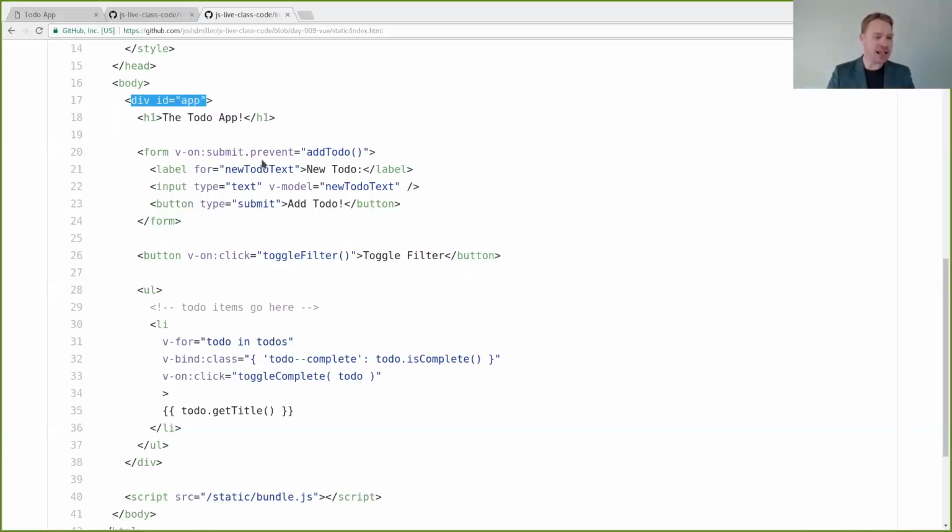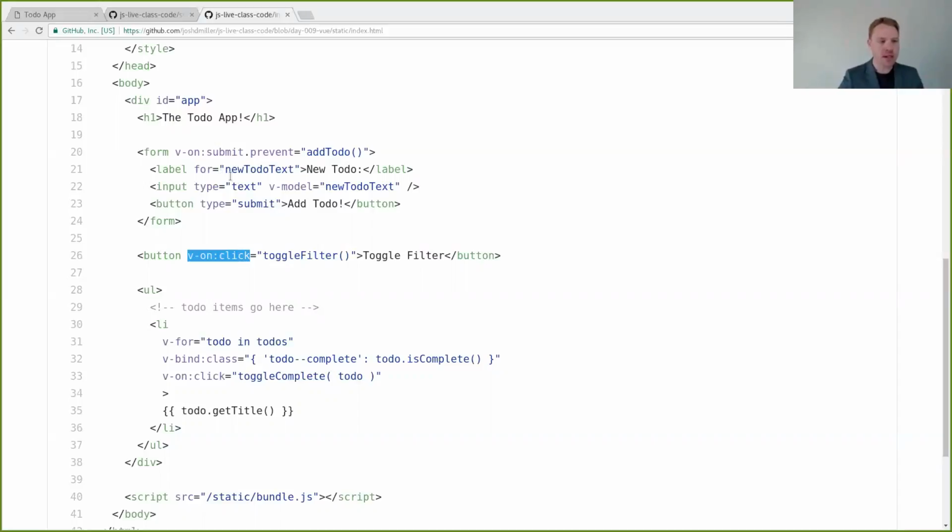It's Angular-like in the sense that the view is the record to a high degree. This is telling us what's going to happen here. So you have these things that are like Angular directives. Not as powerful as Angular directives because it's really just a templating language, but it's like Angular directives. v-on click, so on click, run this function. So in that sense, very much like Angular. But it's like React in that you can define components. You can say, this is one defined cohesive component that I want to render at a certain point in the page. So it's got pieces of all three inside of it.